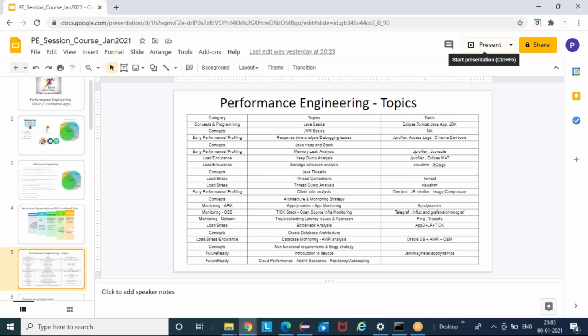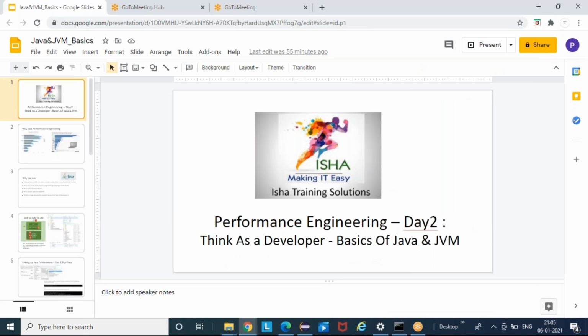So today is going to be day one of our batch, day one of our session, where we will look into the Java basics. The idea is to think of ourselves as developers before we go on to any of the performance engineering concepts. Okay, but before going to today's session, there were a couple of inquiries,